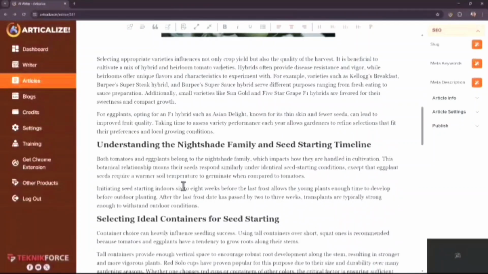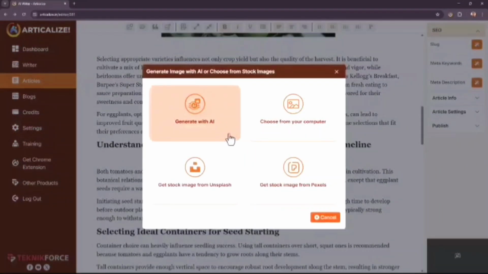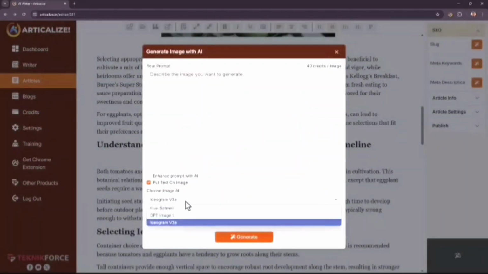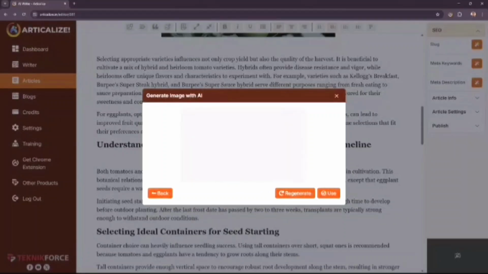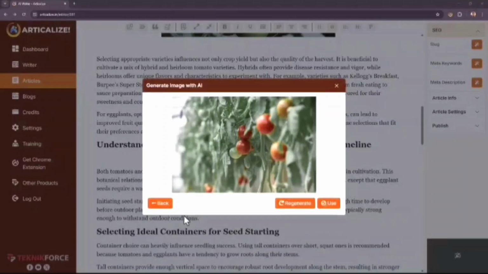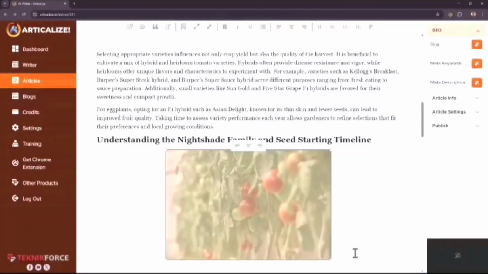Now let's scroll down. Let's say you want to put an image over here, but this time you want to put an image that is generated with AI, and I want to use Ideogram v3, or let's use Flux this time, and tomato canopy, whatever that means. You can choose to enhance the text prompt by AI. I don't want any text on the image, and landscape image is fine. Click on generate, and it'll take a few seconds. Check this out, quite a realistic image. I'm going to use this, and there we have it. And again, I can increase the size.